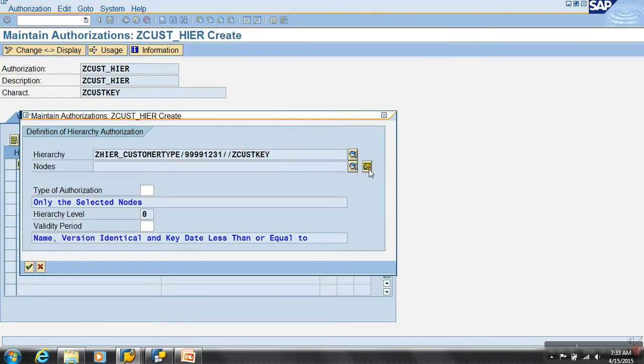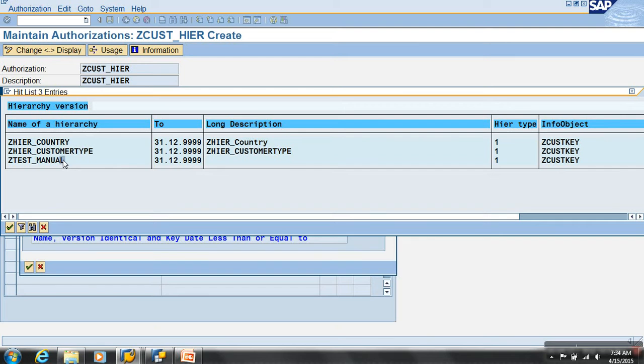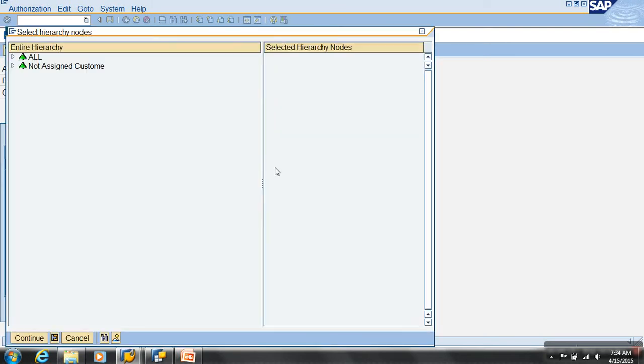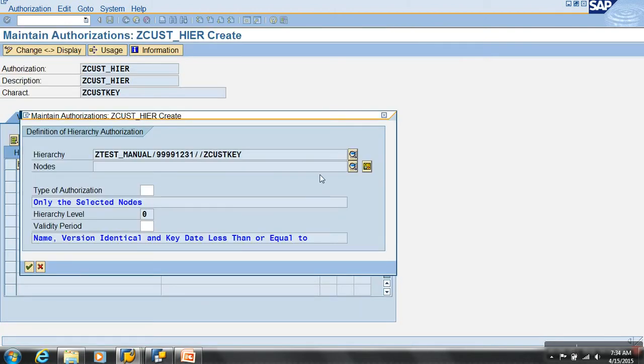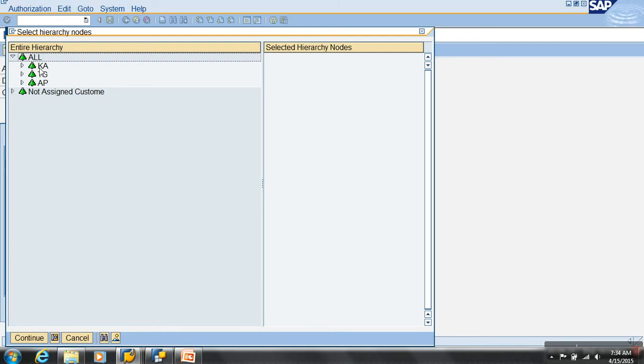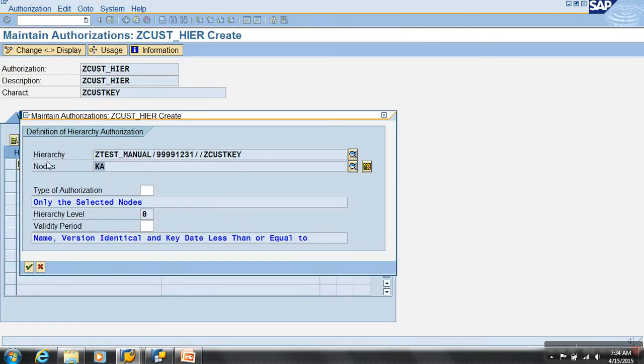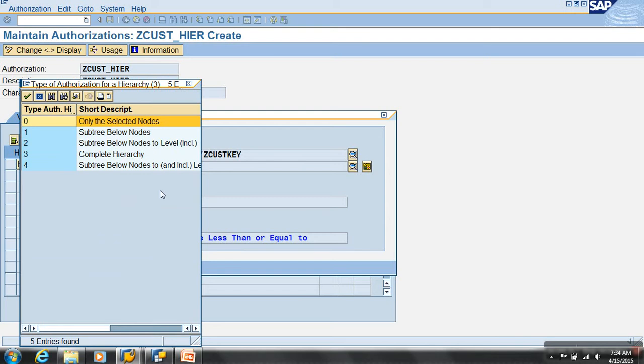I don't want the customer node. I want manual, where I'll have states. So I want one user to have access to only what? Karnataka only. So Karnataka node, type of authorization. Only selected nodes, subtree below nodes, subtree below nodes to level, complete hierarchy.